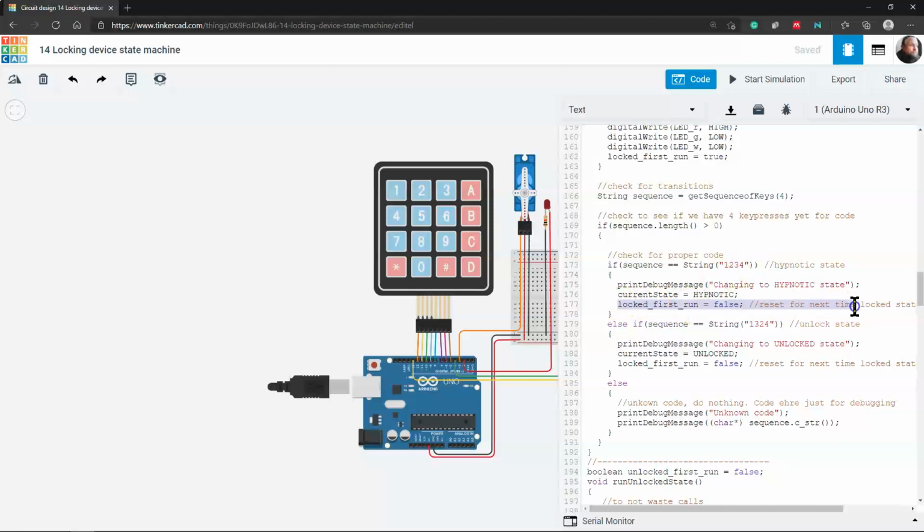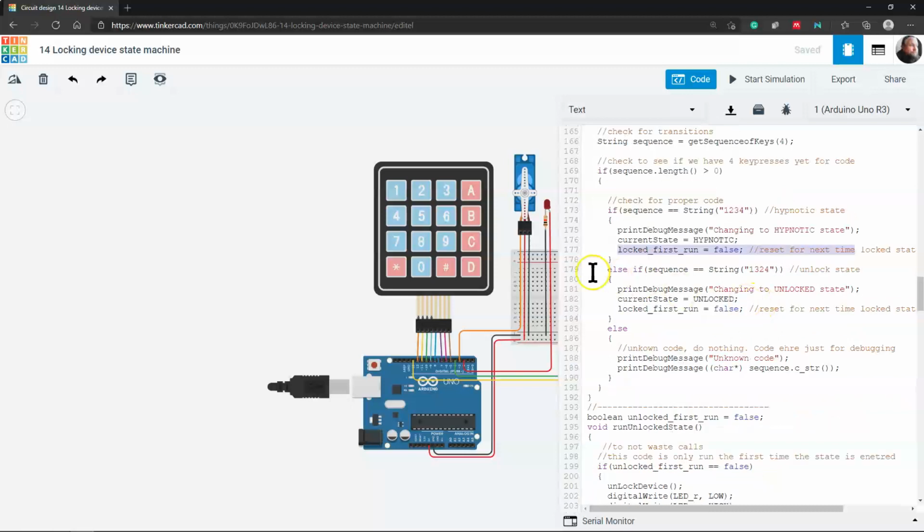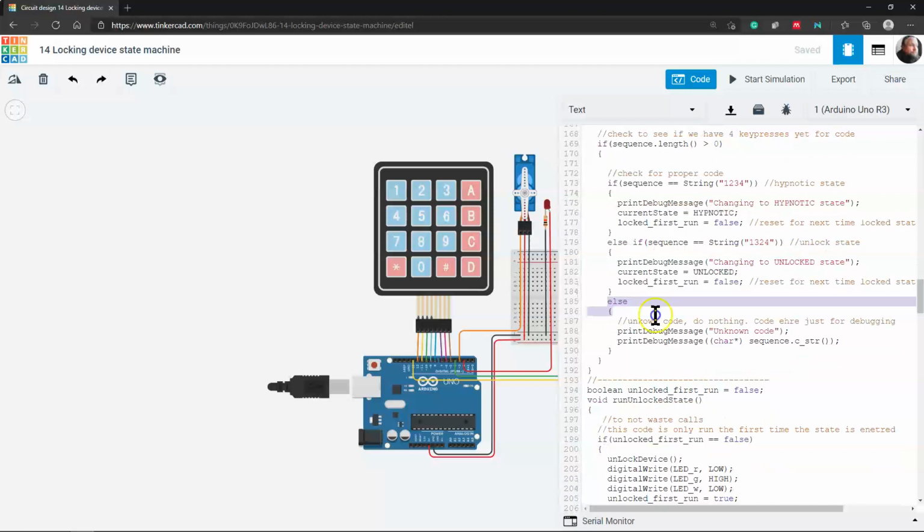So in this case, that's why I've got this lock state. If you've got other global variables that you're keeping track of, information that should be reset to initial conditions, you would do it here, or you can leave them to whatever value it was, depending upon your actual design. Other than that, you can see the next one checking the 1324 for the unlock state, and same thing. And then else here is just outputting a message of unknown code, but the idea is to do that little loop